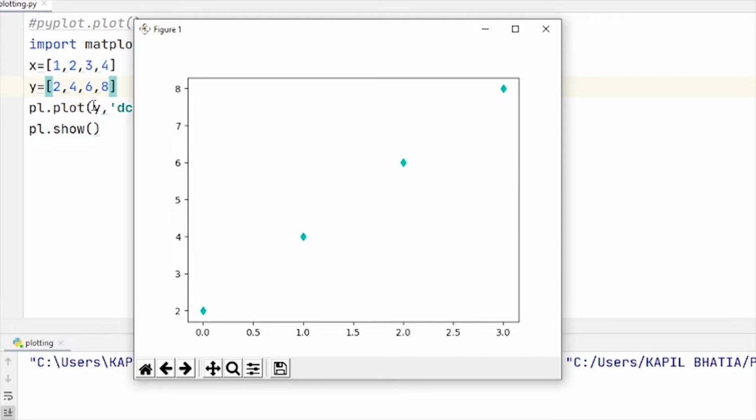So the x coordinate is 0, 1, 2 and 3. So here 2 at 0 of 2, 4 at 1 of 4, 6 at 2 of 6 and 8 at 3 of 8. So I hope you understand, if we pass only one argument into this function, it will be taken as y coordinates.